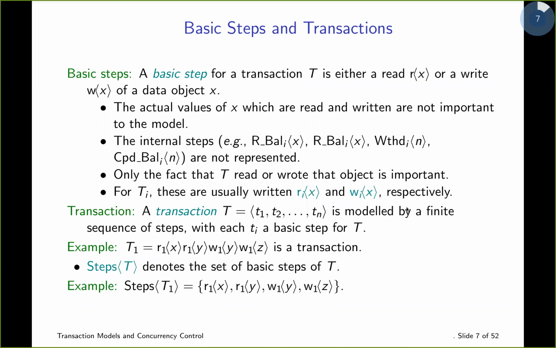Okay, so now the great insight of Gray was that these internal steps, these read balance, write balance, and these local variables, you don't even need to represent those to get to the root of what a transaction is and to start dealing with the theory of transactions and how to handle these problems. The problem we're looking at right now is this lost update, the clobbering of one value by the other. So what we see here then is